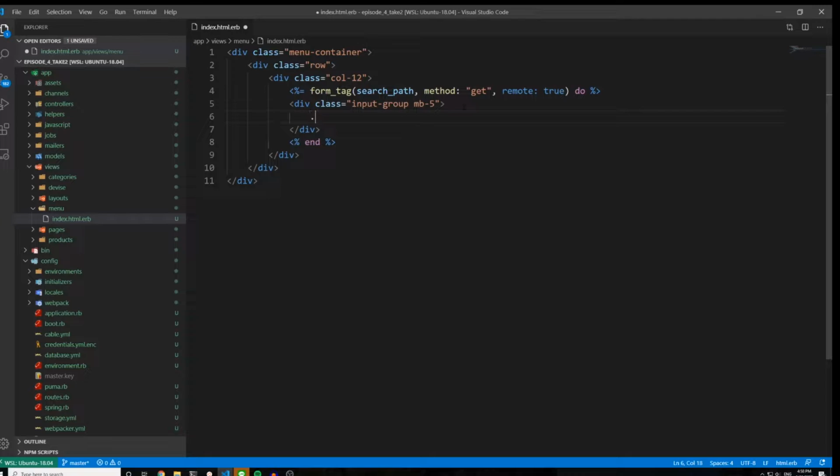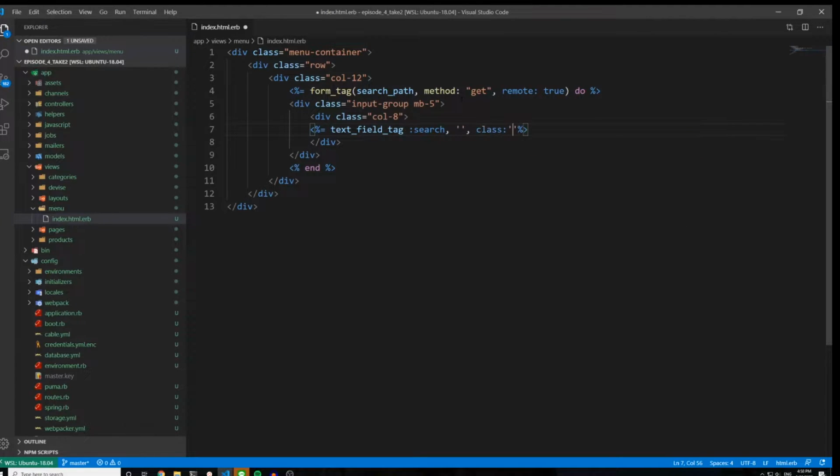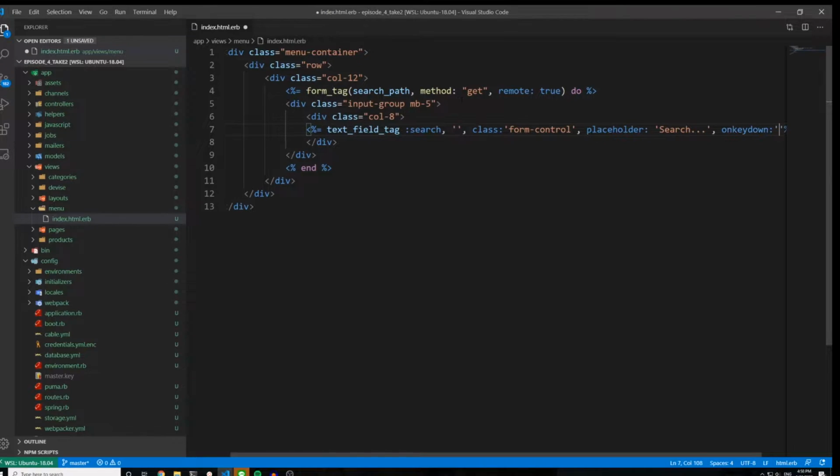So now that we have this, we want a .col-8, and then inside of this, we want to do the text field tag. So we'll open up some Ruby code, and we'll say text_field_tag. We'll do this for the search. We want the search to be empty by default, so that the search bar is empty. We'll give this a class of form-control, a placeholder of search, and then we want to give this an onkeydown, and for this we'll say